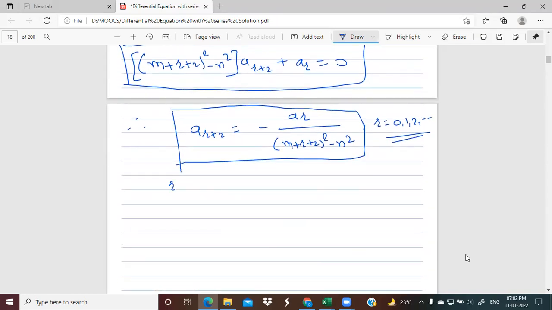Therefore, if I put R is equal to 1, that means we are getting odd numbers. If I put R is equal to 1, then we are getting A1. And if I put R is equal to 3, again we are getting this equation in terms of A1. R equal to 5, we are getting all odd numbers. Then I am getting here odd numbers, and